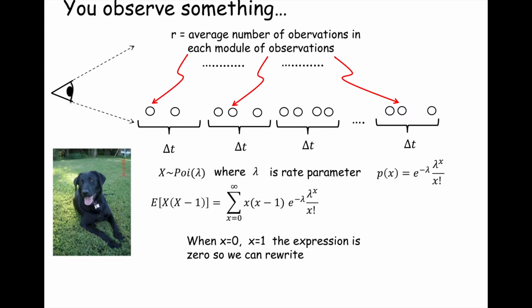Okay? Any questions about that? Now, as long as the mathematical manipulations you make are valid, right? You haven't violated any rules, and it's the same expression. It's just the first two terms of the sum don't contribute anything. Okay. No questions? Make sense? All right. So we can rewrite it thusly. After that manipulation, we've changed the bottom index of our summation because for X equals 0 and X equals 1, the terms equal 0 anyway. So we just rewrite it this way, and we haven't violated or broken any rules.